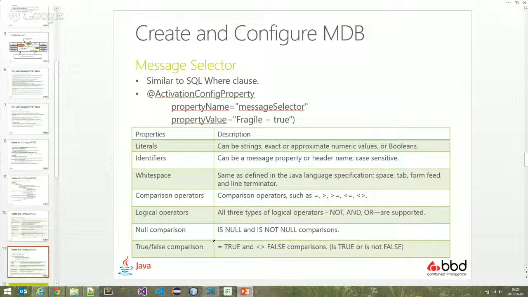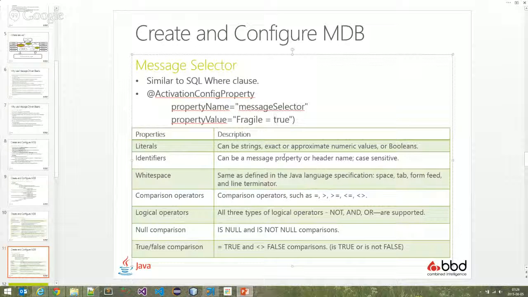So I've got a slide here about getting information out of there. I think for the certification, you don't necessarily need to know this, just to be aware of it. I don't think they ask message selector questions specifically, like how will you filter this down? If they do ask something like this, it's normal SQL. If you know a SQL where clause, this is how it works. Instead of saying where fragile equals true, where fragile will be a property that you've set, you'll just say fragile equals true. It's based on the SQL 92 specification,